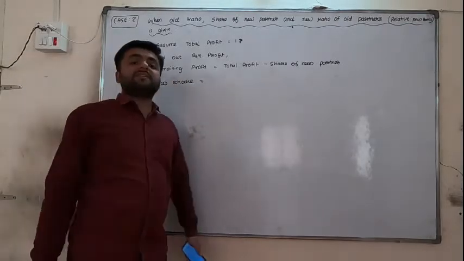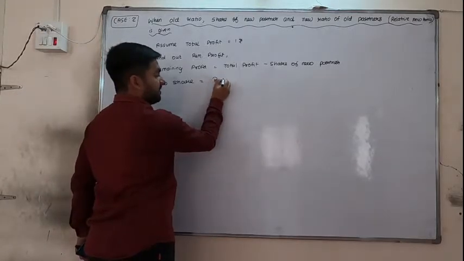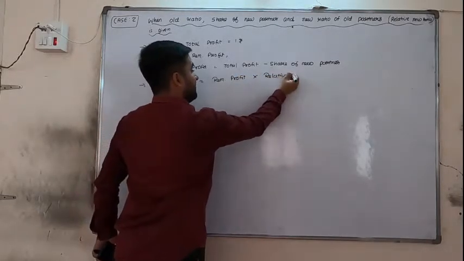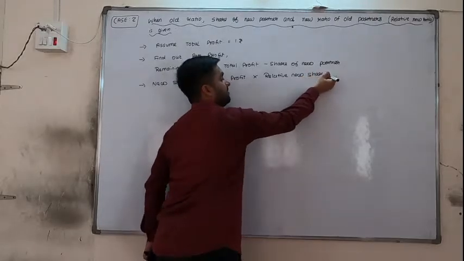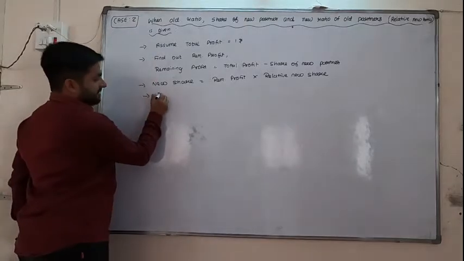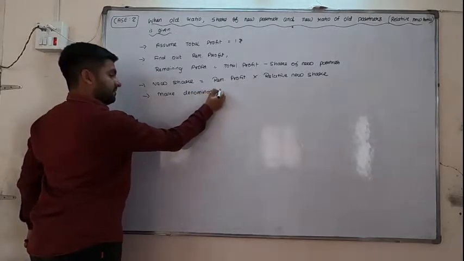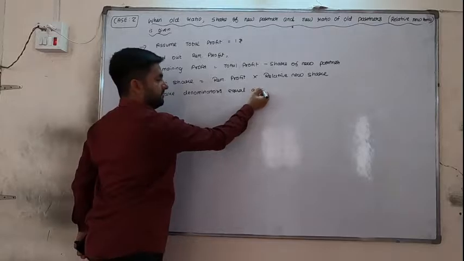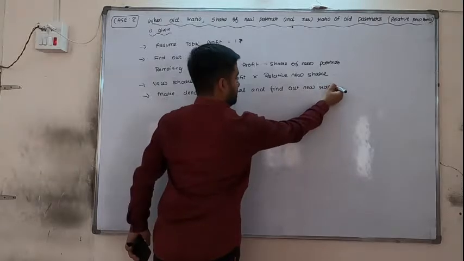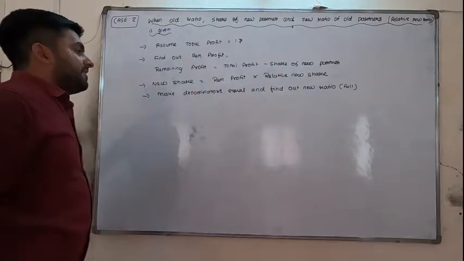Now only one change in this formula. What we have written previously, new share is equal to remaining profit into old share. Here we will write remaining profit into relative new share. Instead of old share, we will write relative new share, as new ratio of old partner is given. After that, make denominators equal and find out new ratio. In bracket I will write full, because this new ratio is relative, it's half, we will find its full.